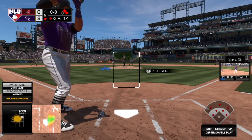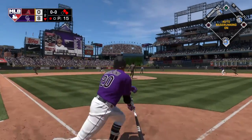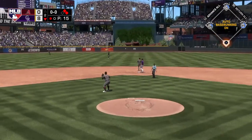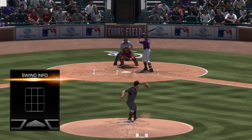Striding into the box, Ian Desmond. He reached on a single in his first try. He's set. Here it comes. Line drive, and that's a base hit into center field. And they will hold that runner over at third as he'll move up only 90 feet, but the bases are